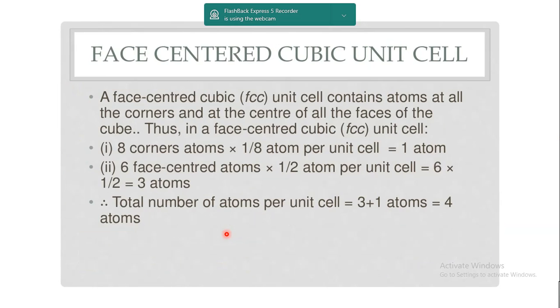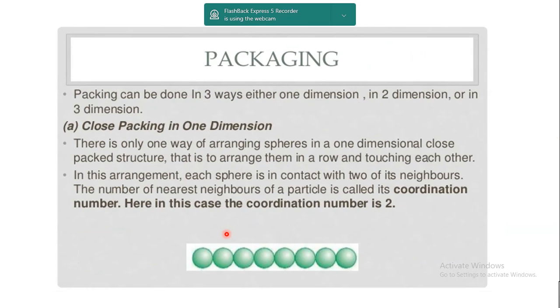Now, in today's lecture, we will be discussing the packing of those particles in a crystalline solid. We have understood what a unit cell is, and a unit cell is like a brick, and when the bricks are combined together, they form a building. So when unit cells are combined together, they form the entire crystalline solid. And if in a unit cell there were atoms at the corners like this, they were arranged 1, 2, 3, 4, in a cuboidal shape.